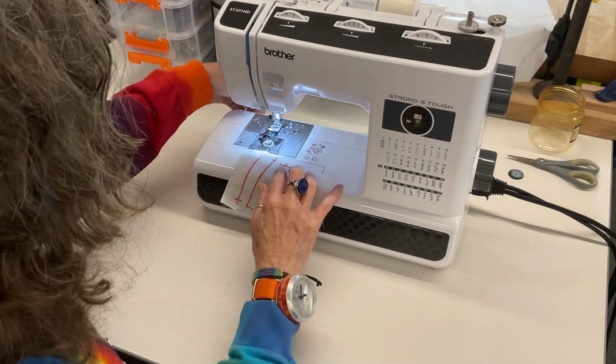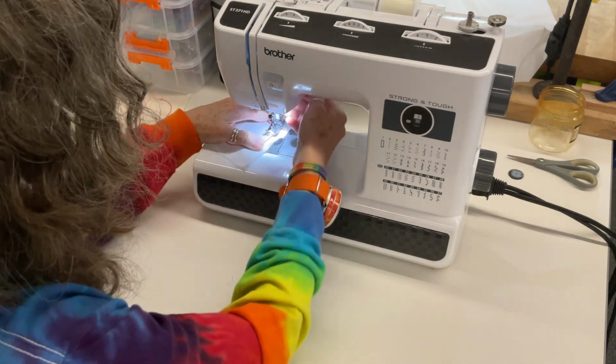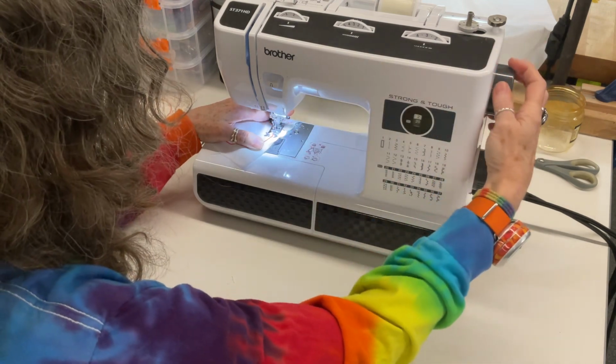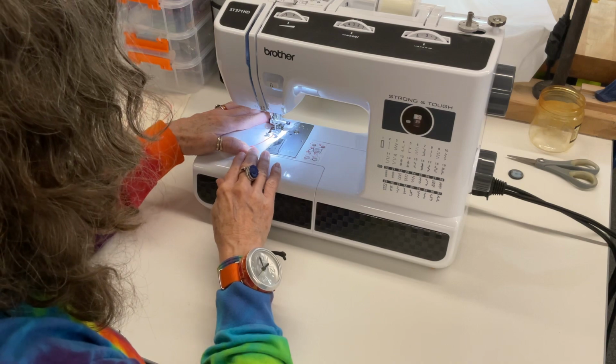The trickiest one is going to be your curve, and you've got to go really slowly on this one. So I'm going to put my presser foot down, engage my needle, always back stitching at the front of something and at the